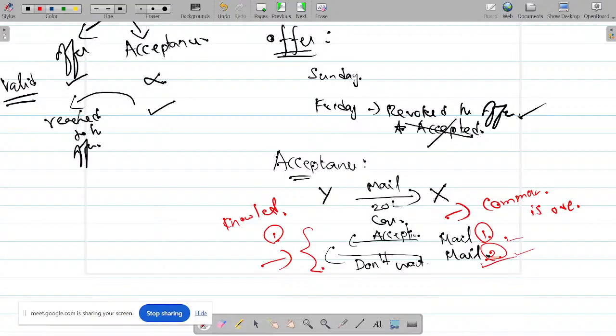After that, even though you immediately send the second mail saying I don't want to accept it, the contract has begun. How can you talk about the revocation of acceptance? Please try to understand. You can talk about revocation of acceptance only if the contract has not begun. When you talk about the revocation of offer, the contract has not begun. So you have sent the second mail, where the first mail has been taken to my knowledge. Then the second mail, which is revocation of acceptance, is invalid because the contract has started. It's a very deep concept. You have to understand. Please try to understand. Okay.